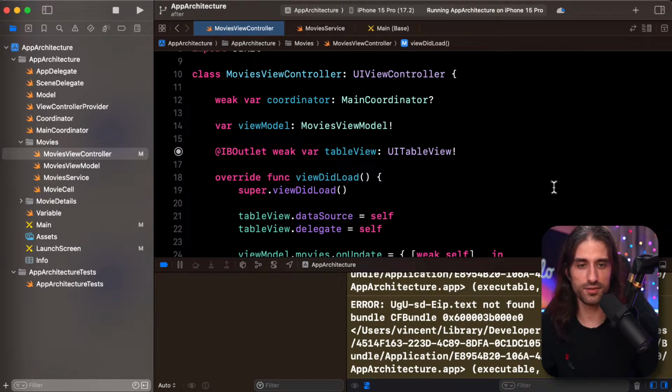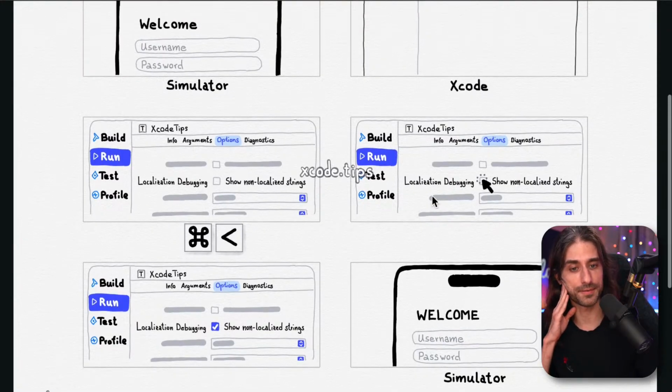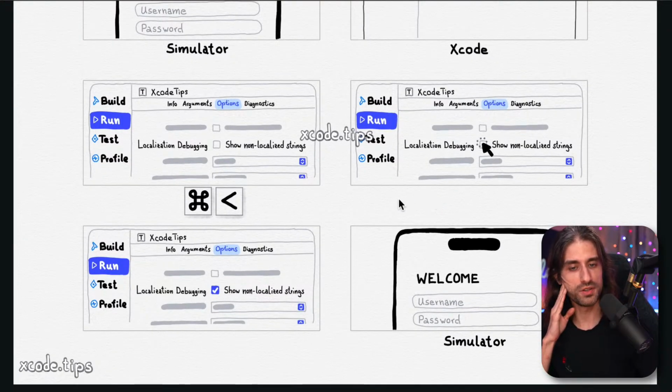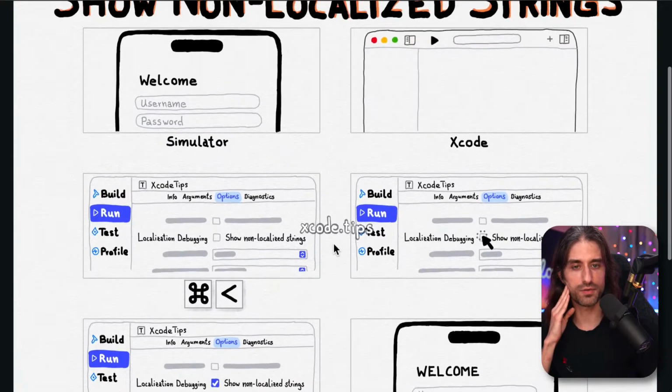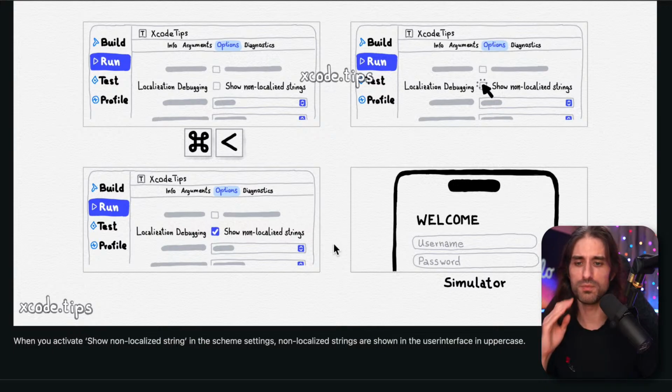So that's a good one that I didn't know about, and that can be very useful if you ever need to audit an app and find all of the strings which are not localized. Because even if in the code you try to localize everything, it's always easy to miss something, like one string where the key was built using a special function and it wasn't obvious in the code that it was not localized.